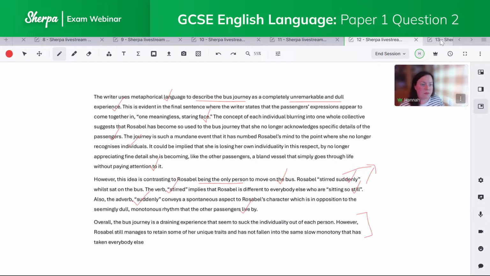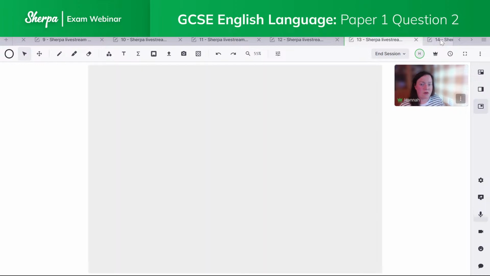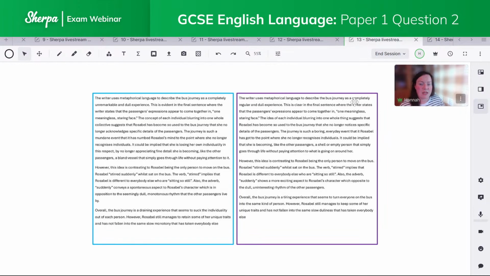So what I've got here is an example. So the language, as I said, on the left is what we just read, quite tricky language. The one on the right hand side is slightly simplified, but is saying exactly the same thing. So for example, instead of saying "completely unremarkable and dull," you might say "completely regular and dull." Instead of saying,